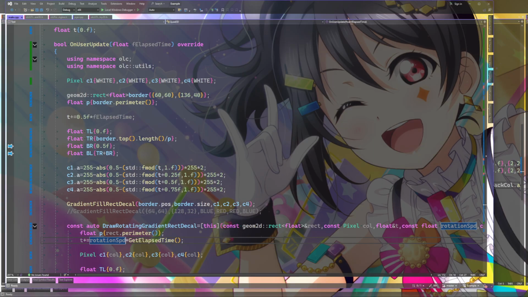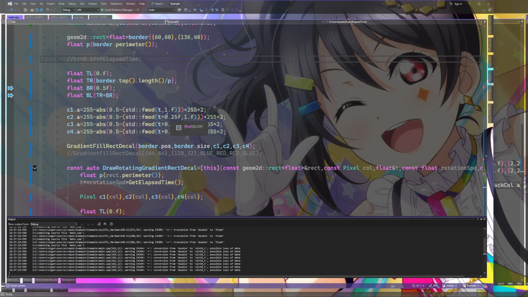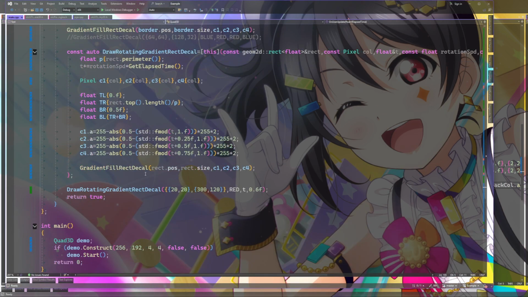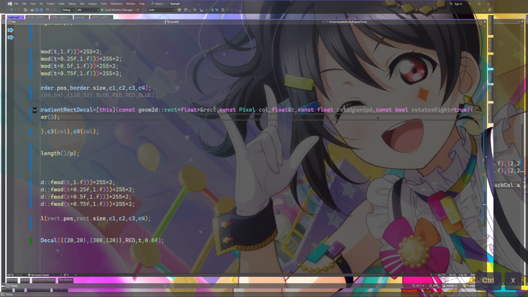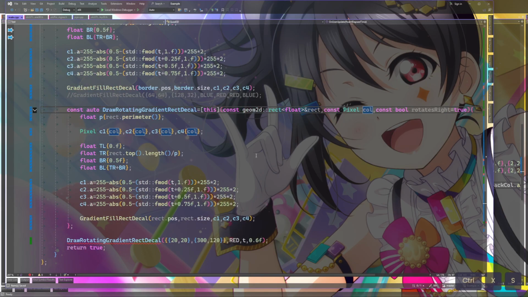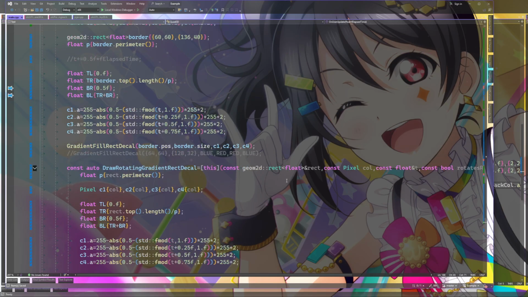Makes for a cool effect. Well, actually, it's both the same variable, so right now it's rotating at twice the speed it needs to be. Yeah, they both use the same variable right now. But yeah, that's that. Oh, that's actually a good point. The T should not be rotated inside of here, which means the rotation speed is not required. It's just the T is required for referencing, but it's not going to be rotated inside of here. The rotation has to happen outside. So we determine the rotation speed outside, wherever, to be whatever we want it to be.